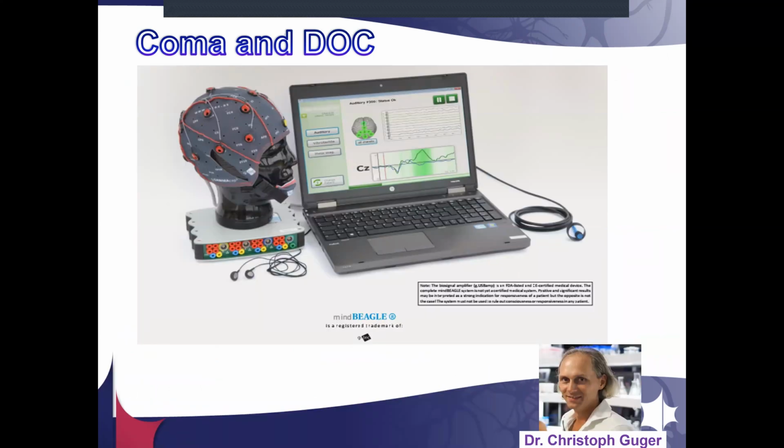This is a picture of the system shown here, the MindBeagle system. And you note that it includes an electrode cap, an amplifier. You see a couple of earbuds and one example of a vibrating tactor. There are different ways to approach it. And the display that is shown to the system operator. And you may note that the display includes some buttons where you can launch different types of paradigms, such as auditory or vibrotactile. It shows a real-time display of the electrode quality, so green indicates that you're getting good signal quality, and the recorded EEG in real time. And on the bottom, you see